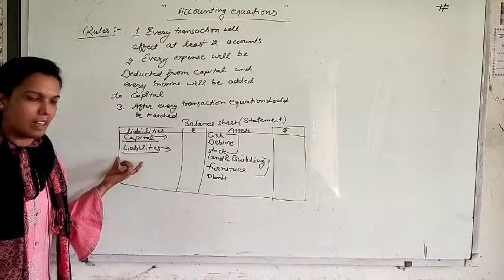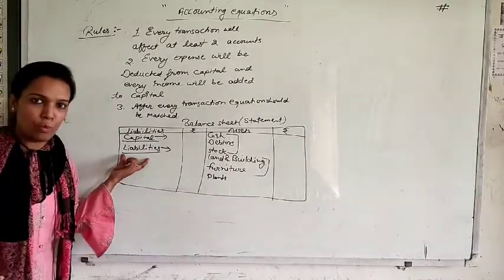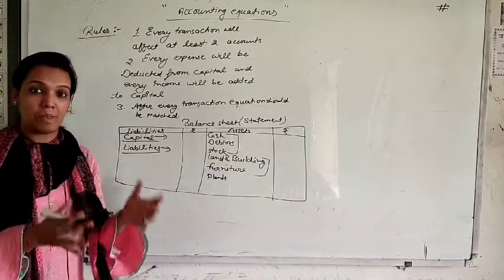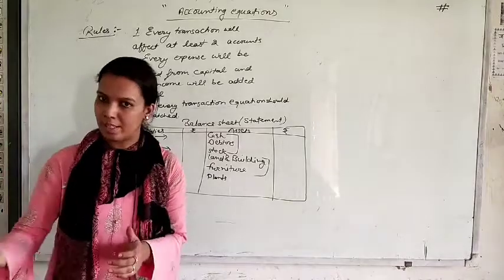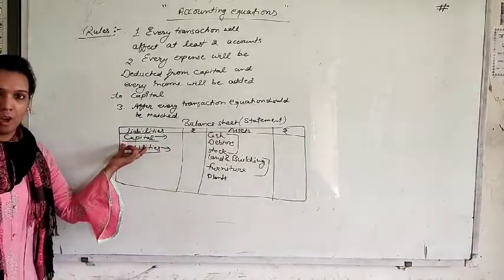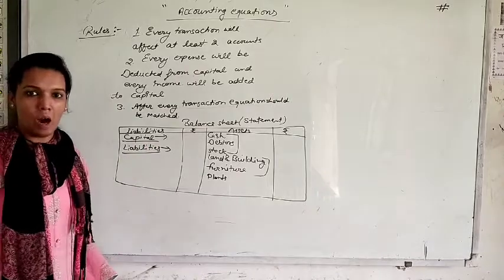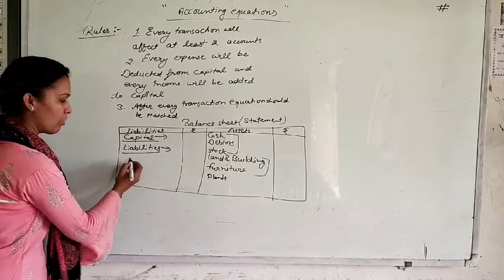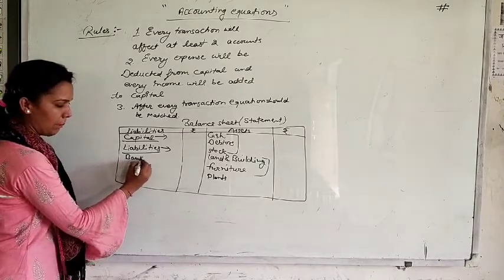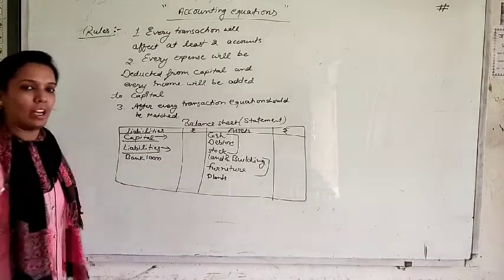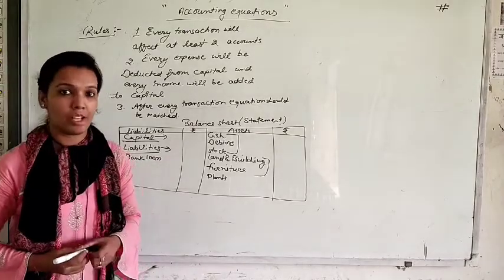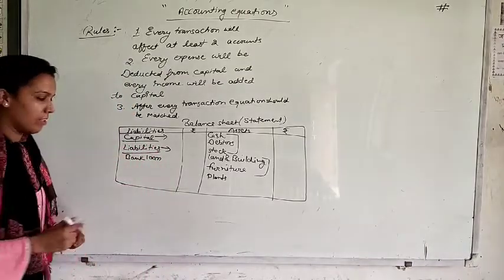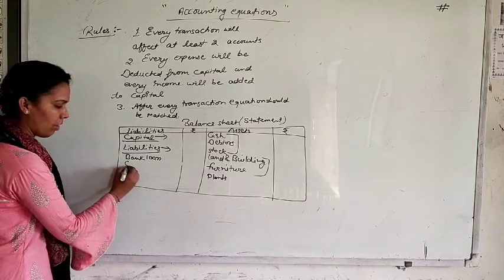Or the second way is that you can borrow money from outsiders. You have 2 options whenever you are going to start any business: either you can invest your personal money, that will be called capital, or you can borrow money from outsiders, and that will be called outsider liability. Okay. In outsider liability, you can take the example of bank loan. If you have taken a loan from the bank, that is also your outsider liability, because after a certain time period you have to pay that bank loan with interest. That may be creditors.